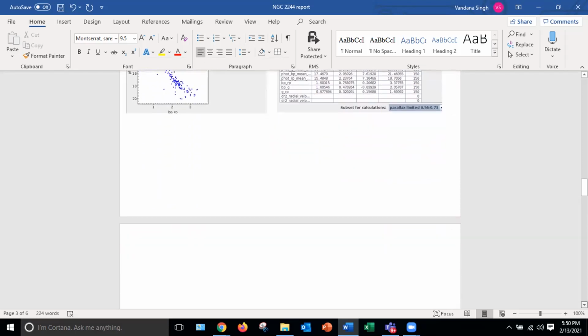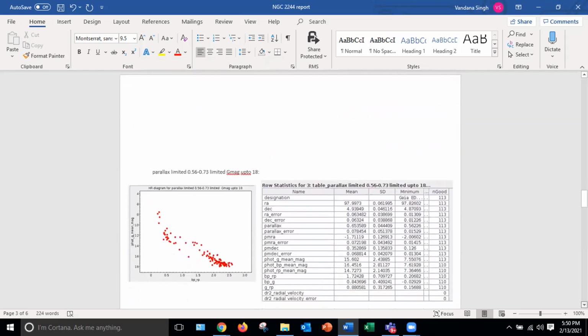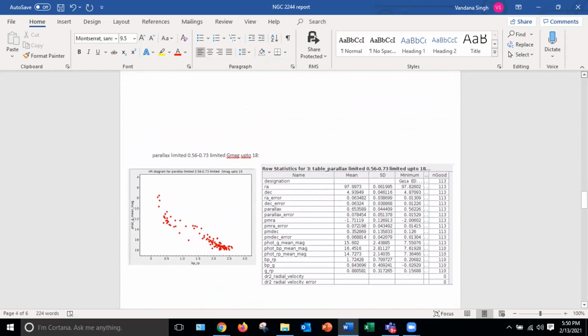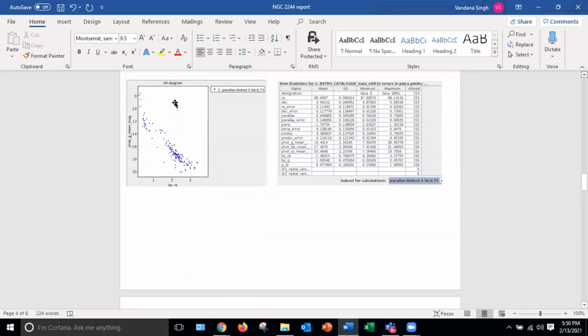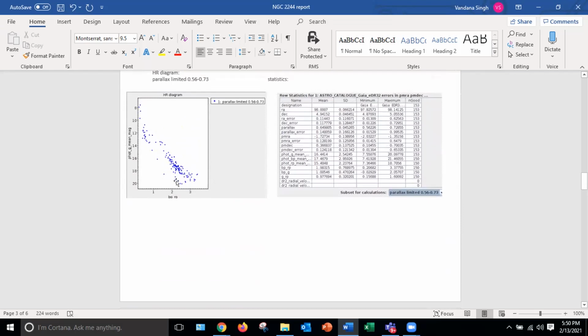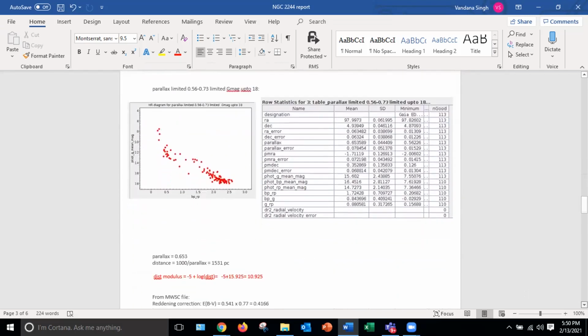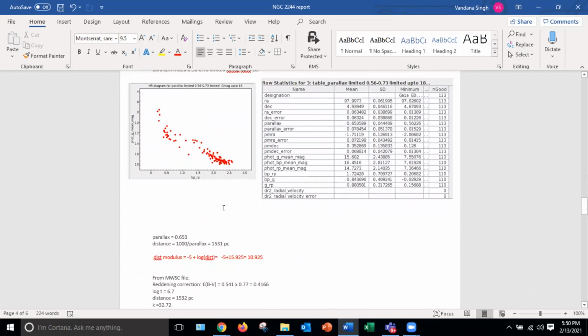So further, what I tried is I reduced limiting the GMAG to around 18, because in my HR diagram I found a lot of these stars. So I tried to reduce it, and this is what I got.